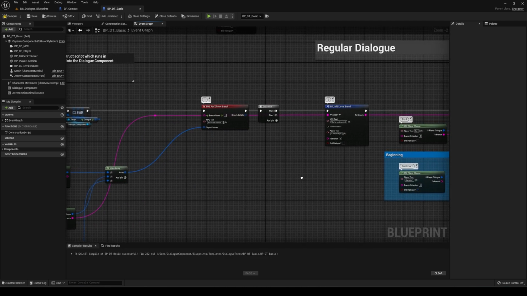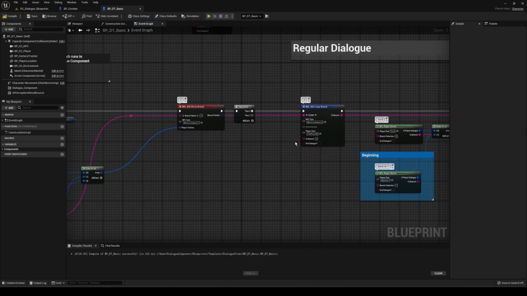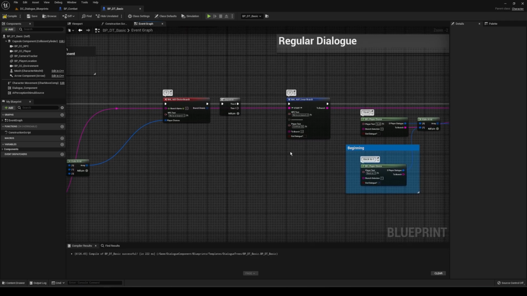But yeah, and then it works exactly the same in whatever the next branch is. You can pull out of it, hook it up to whatever comes next, and it'll be named that accordingly. I'll release another update soon that adds another custom node for adding branches and choices with all the pins exposed. I didn't initially so that you can get dialogues built out neat and simple, but the downside is you can't access every single setting like autocomplete, dialogue settings, camera settings, everything without editing them manually in the component or the